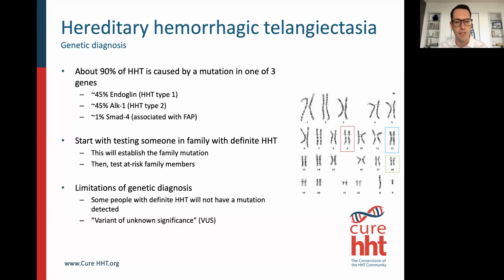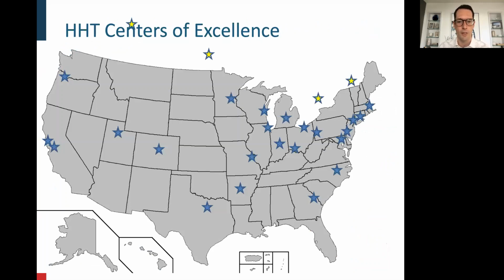There are a few limitations of the genetic diagnosis that I'll let Katie get into, but suffice it to say that not everyone we can detect a mutation, and there's hundreds of mutations that can cause HHT. They're predominantly in these 2 or 3 genes, but there are a few outliers that don't fall into those categories. And fortunately, over the last 20 years or so, there's been a real increase in the centers of